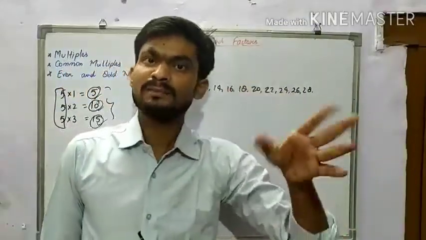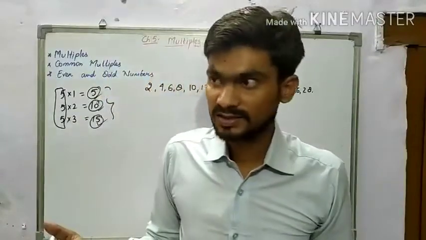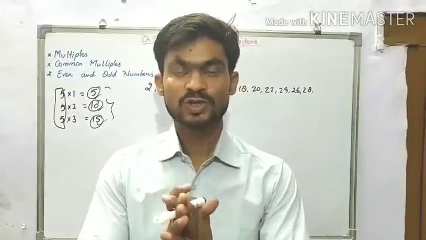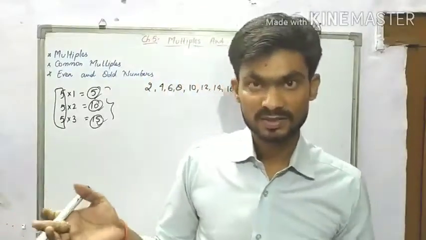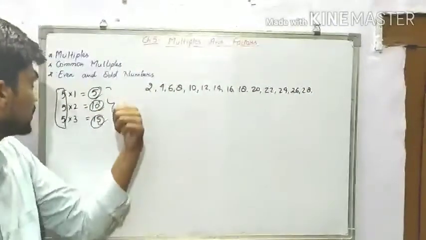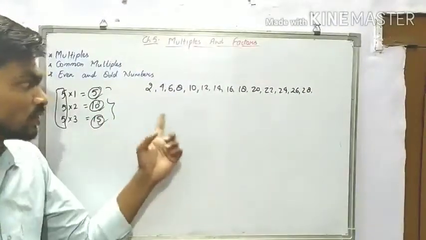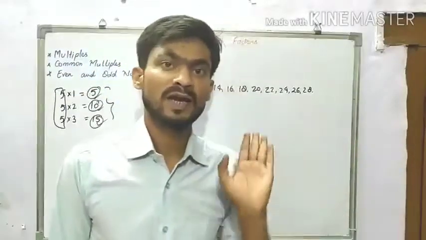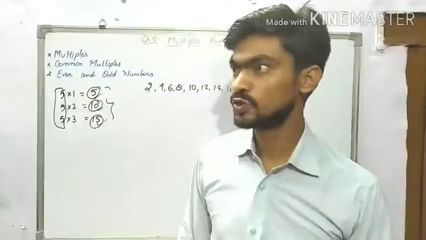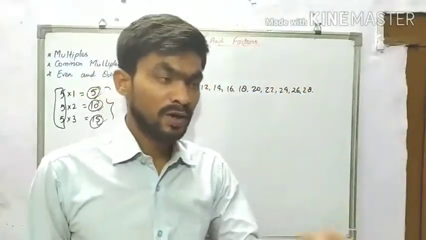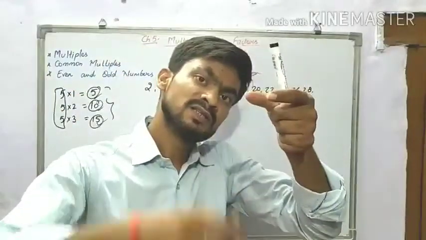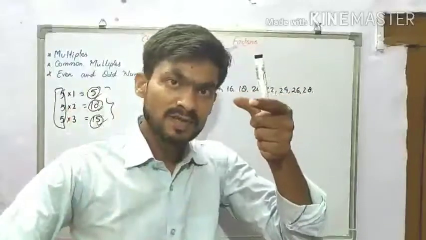Correct? Any natural number we can consider, and I have explained to you natural numbers are the numbers which are simply the counting numbers that we use in our daily life, 1, 2, 3, 4 and all. So this is the meaning of multiples. So a number can have infinite multiples. Infinite means any number of multiples you can assign to it, like the table of 3. In easy language you can understand, all the numbers present in the table of every number are its multiples.